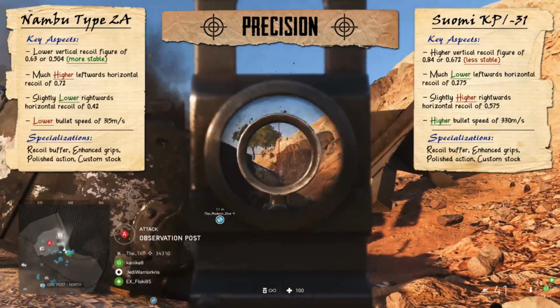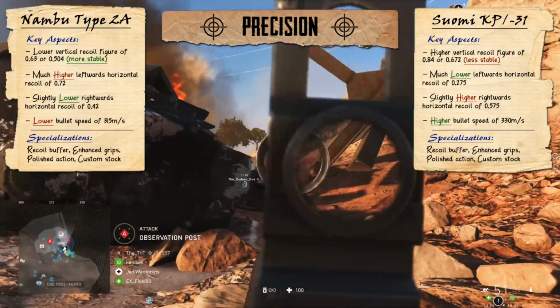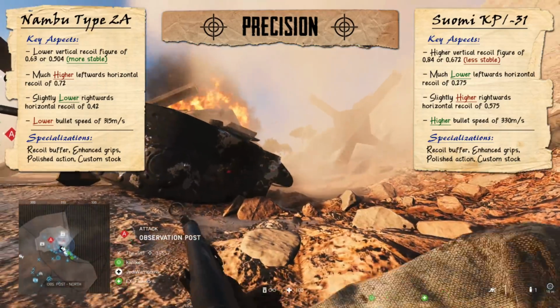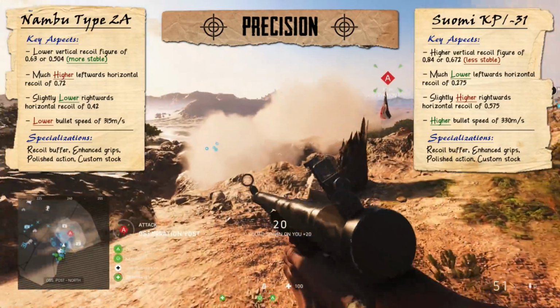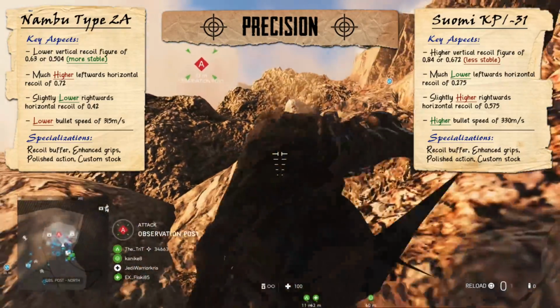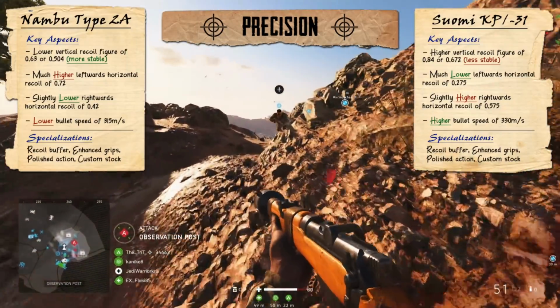Moving over to the accuracy section next, I can safely say that neither of the guns are particularly going to be very precise or easy to use in fully automatic fire. Not just because they fire really fast, but because their recoil patterns are generally pretty wild. As far as stability goes, the Type 2A is actually going to seem a bit more manageable, having a lower